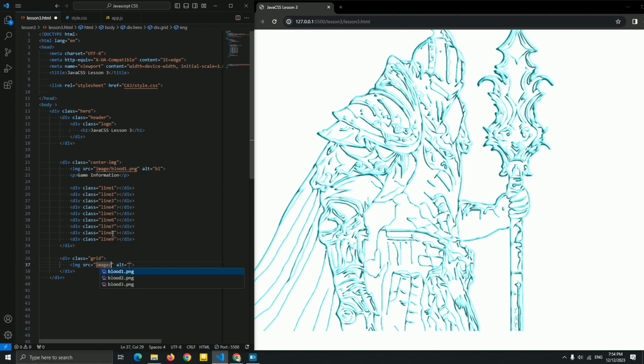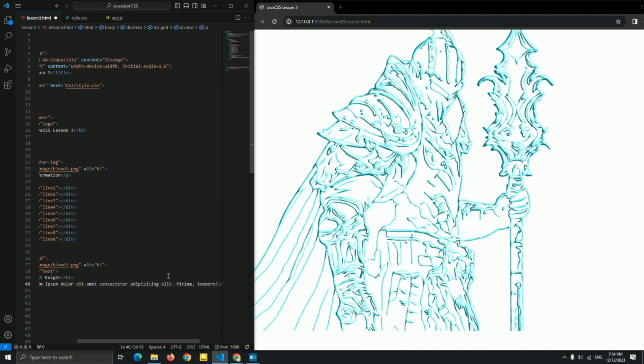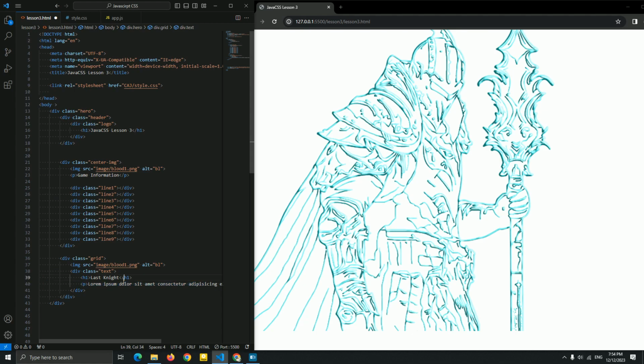Okay, let me add the image, the same image, and with a little text. For the text, let me add an h1, last night, and p, Lauren Tim. Okay, and this p is a link as a back option. So we just created this HTML.